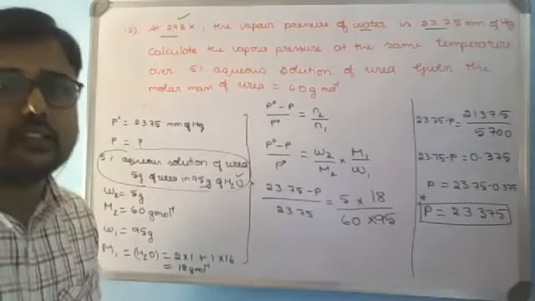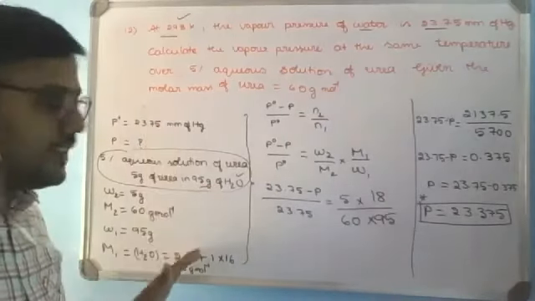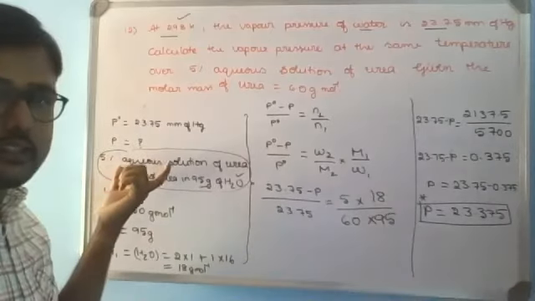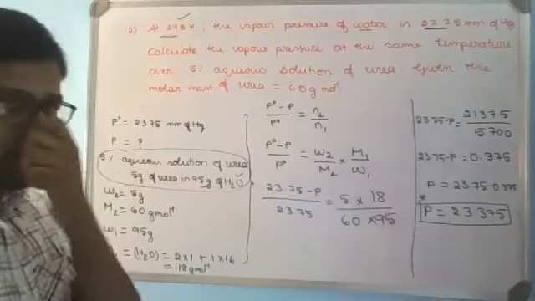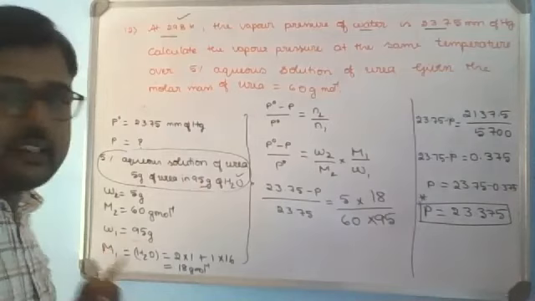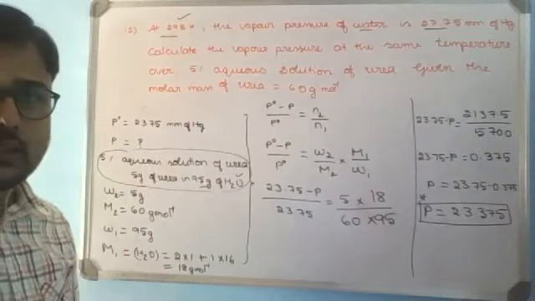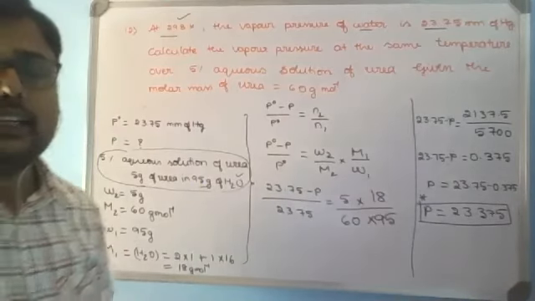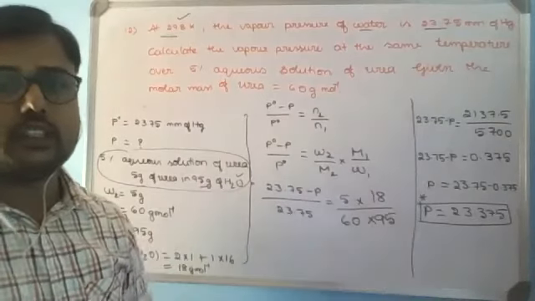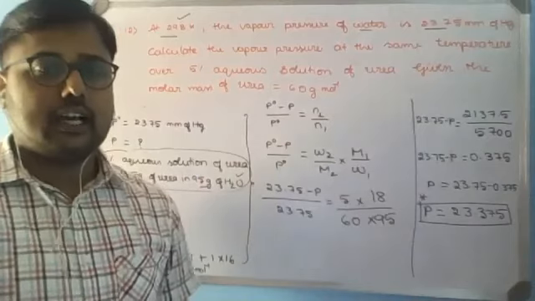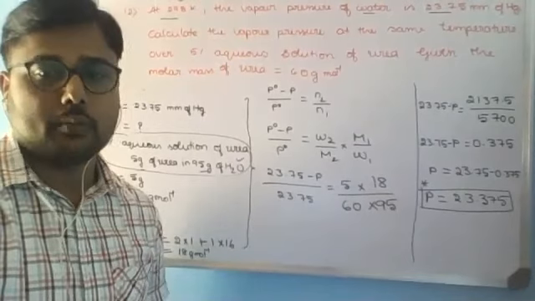There are no complications in the problem. First we need to understand the given question and segregate the data. Here, from the 5% aqueous solution, how we take the mass of solute and the mass of solvent is very important. The molar mass of the solvent is also not given. In such cases, in any given problem, if the solvent is known, use its molecular formula to find the molar mass. Then go for substitution and get the answer. Hope the solution is clear. So in our next class, we'll continue with the remaining problems of colligative properties. Thank you.